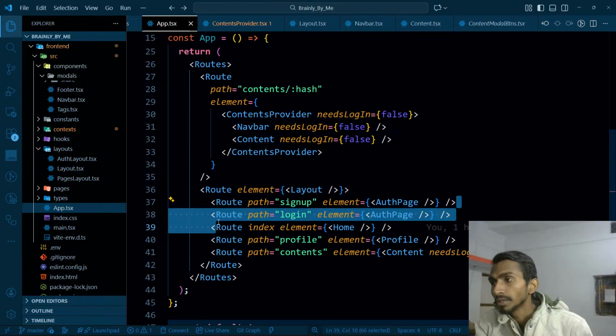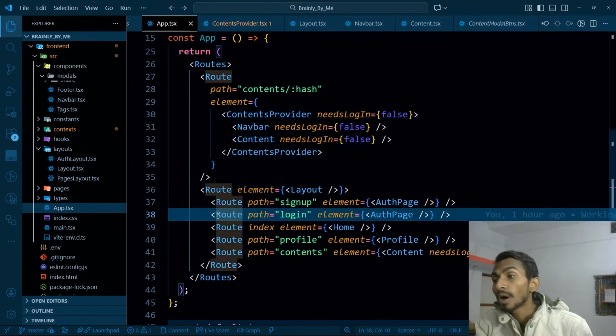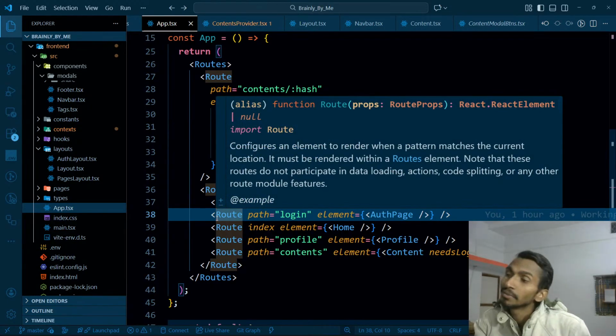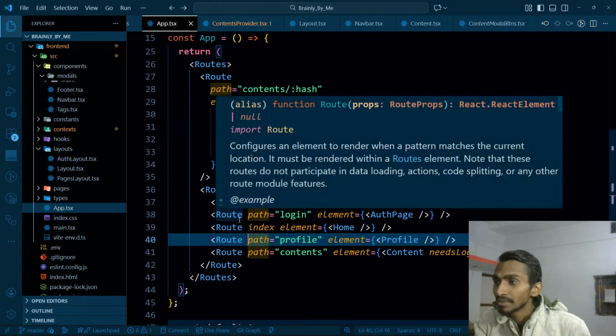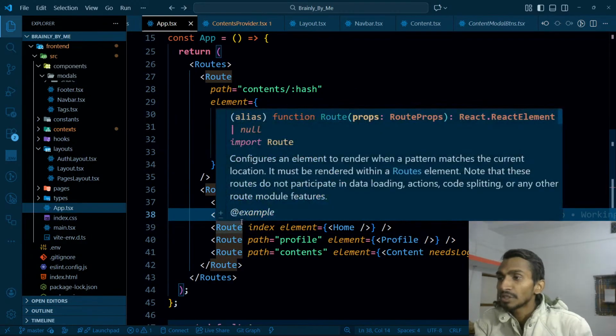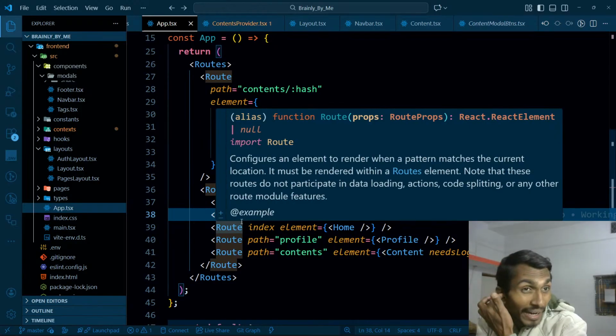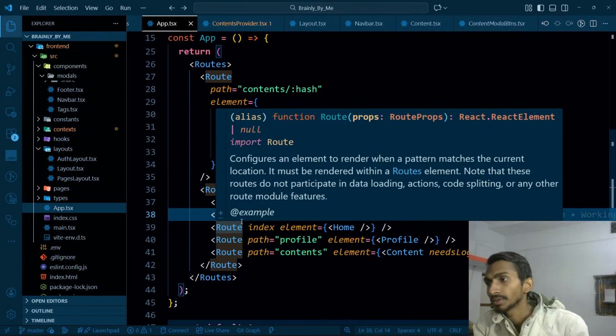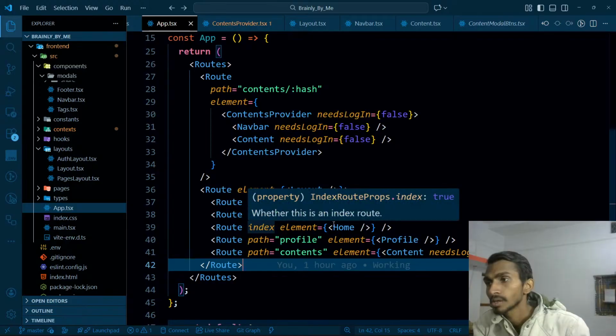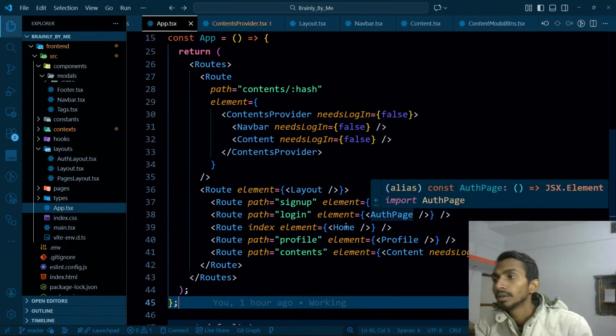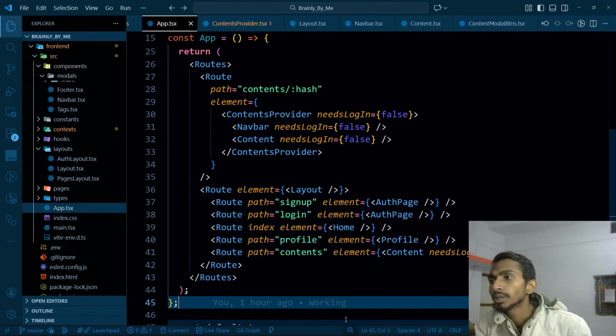Now I need my navbar for this route and login page, but at that time I don't want the content, but I need the content for the navbar too. So this is insane, and because of that I will keep getting it over and over. Doesn't matter which page I go to, contents are going to be fetched, and this is really bad. This should not happen. So what am I going to do? What needs to be done? How about